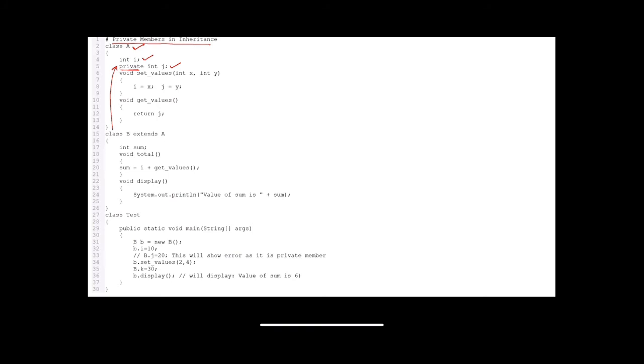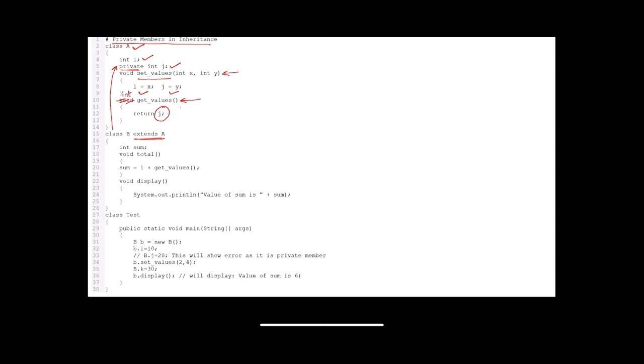So now, how can we access or initialize the values of j using my B class, that is extending my A class or inheriting my A class? To do this, I have created a method to initialize the values, and also I have created a method to return a value so that this value can be used by the extended class. Now if you can see that using the set value method, I have initialized the value of i and j, and using the get value, I'm returning the value of j. So over here, you can correct it as integer.